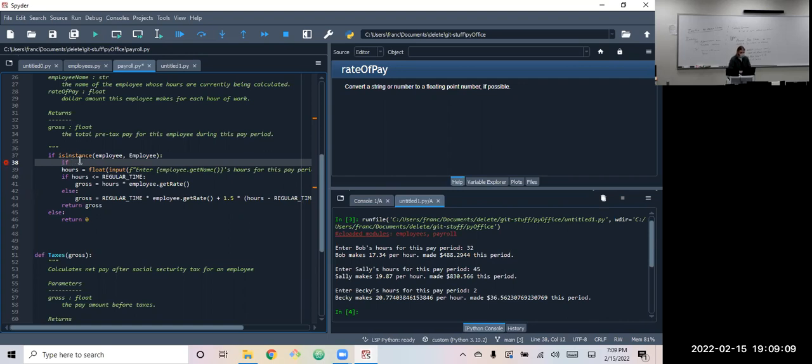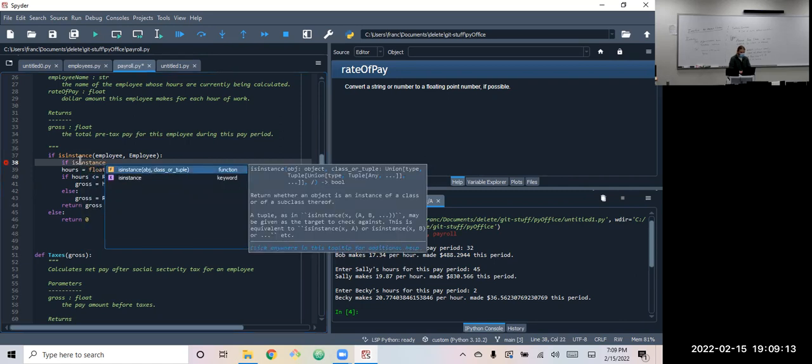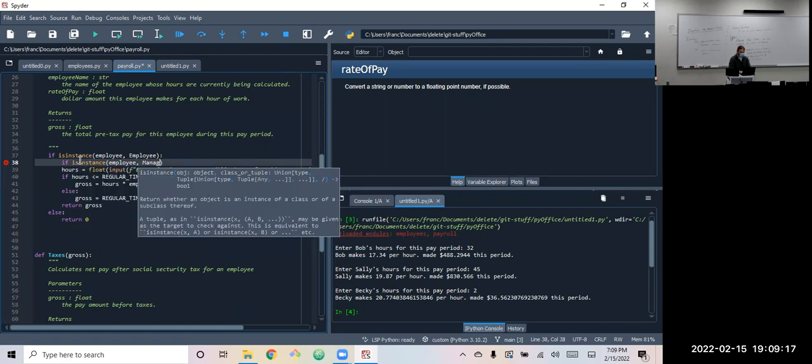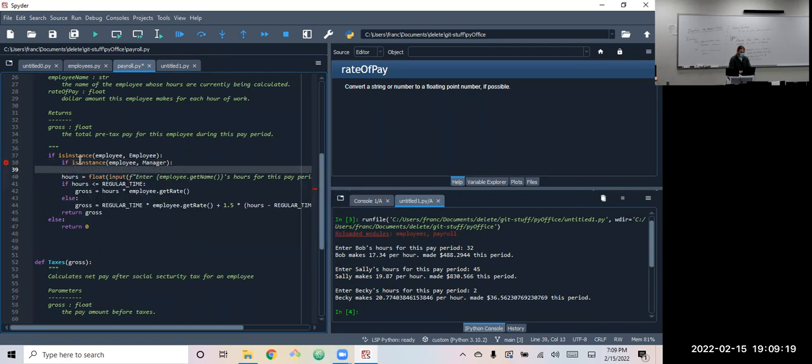Well, I know I want to check if something is an instance of the manager object. If the employee happens to be a manager, then we need to do the salary stuff.